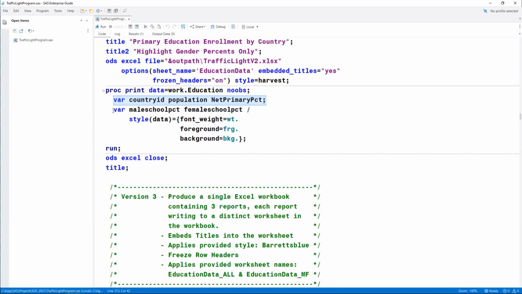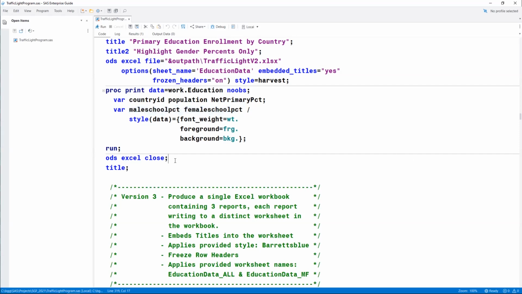But then I have a second var statement where I do have the slash and I do have the style option to that data location, again, where I'm applying my formats to just these two columns. And so you can see here, you can use as many var statements as you need to. They are adjunctive on the report, but now some columns will have my formats applied to them and some columns will not. That's really handy.